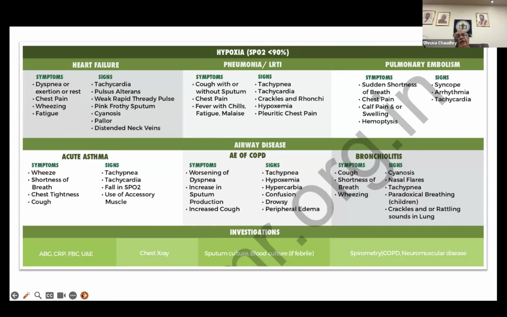Normally, we tend to put it on the index finger, but ideally it should be put on the middle finger, where it can have a dual supply and give a much more reliable reading. So whenever you put a pulse oximeter, what is extremely important is to wait. Wait for a minute. Once that thing gets stabilized, see for it. But before you put the pulse oximeter, ensure that the hands are warm and moist, the pulses are present, because if you find the person is in shock, please look at the blood pressure, which can be monitored at the level of CHCs, PHCs, even at the level of RDs or in the clinics. So please look at that.